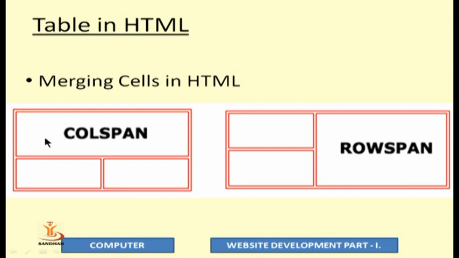So this is called a colspan, where your column is spanning between 2 cells or maybe more than 2 cells. In a similar way, to understand rowspan, you can see here this table is also 2 by 2, but here I am not merging my cell horizontally, now I am merging vertically. That means I want my cells to be merged in a row manner, that is rowspan. So here my cell is extended towards the vertical dimension. So this is the difference between colspan and rowspan.